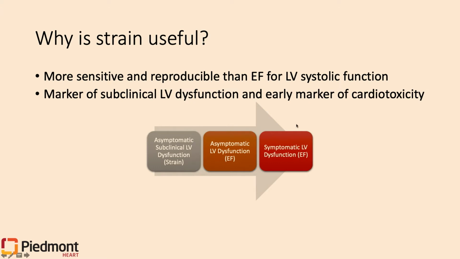So the goal here is to try to move from the right part of this arrow to the left. For instance, we see many patients in clinic who present symptomatic with reduced LV function, and at that point you're trying to salvage as much of the myocardium and their quality of life as possible with different therapies. What's better than that option would be to move to the middle, where we catch these patients before they have symptoms but signs of LV dysfunction on echo, which we do often now since we get echoes quite frequently for